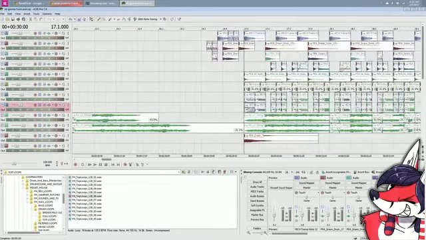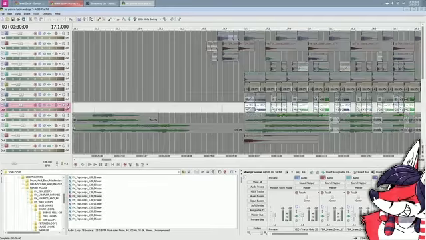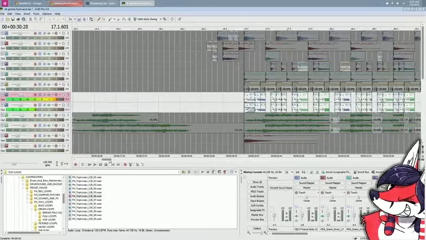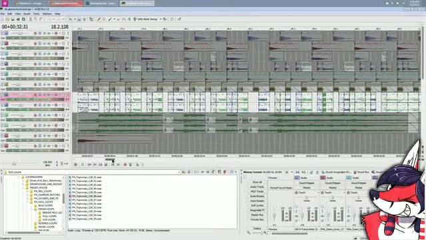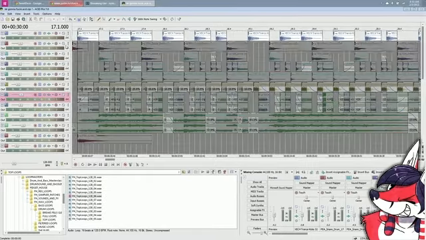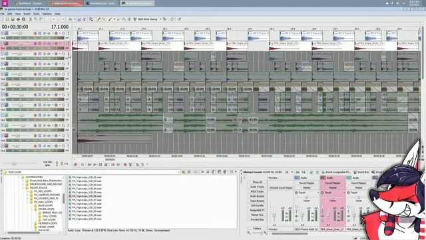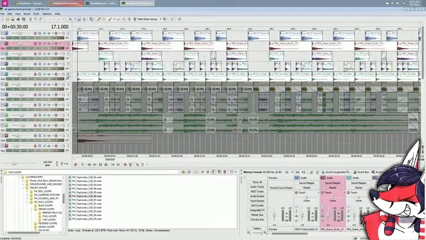Here's the bass line down here. I'll solo it out. Bass line's actually 2 channels, and percussion's all up here. I think 5 channels. Yeah, 5.